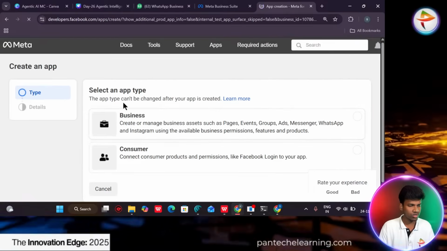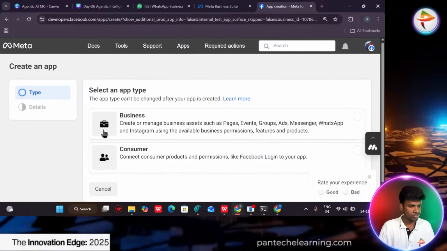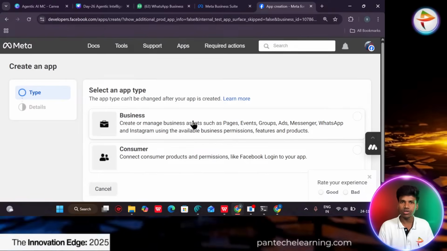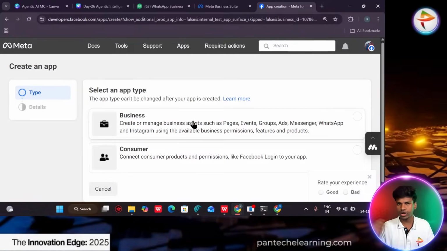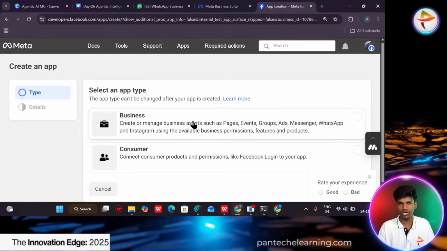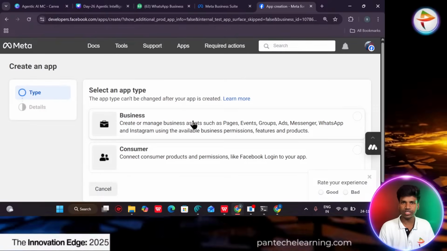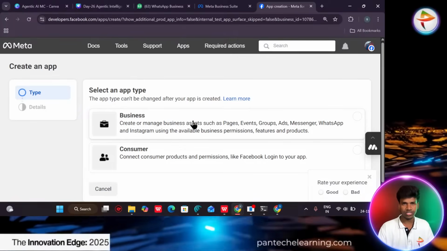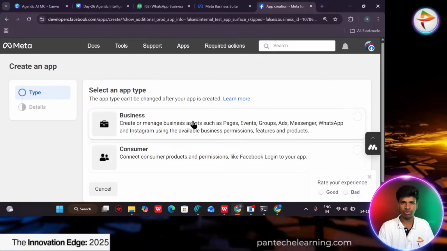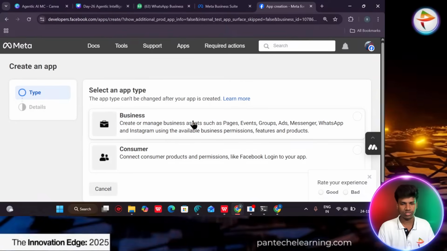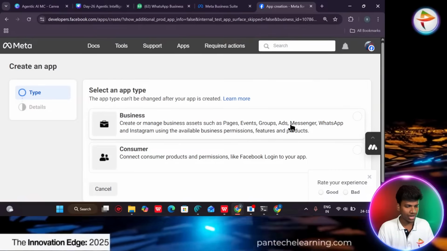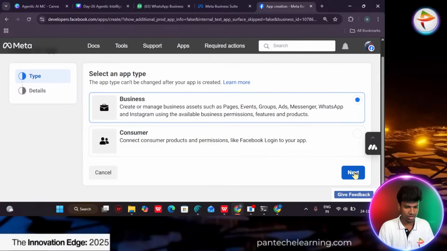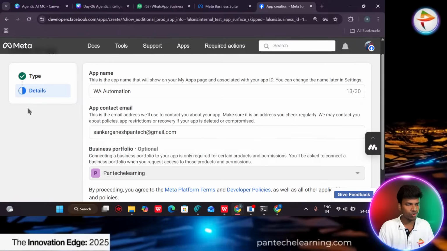The third one, we can go into the type. This type is a business type. This app, sorry, this automation we mostly prefer for business people, business items. So now we can use this application for our automation process, meaning it automatically interacts with our customers and gives details for our work, right? That's why I have to select business and give next. Then we have to go into the entire details.